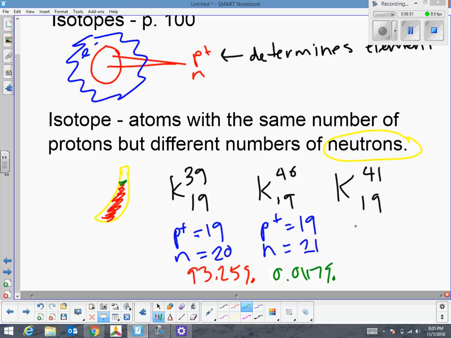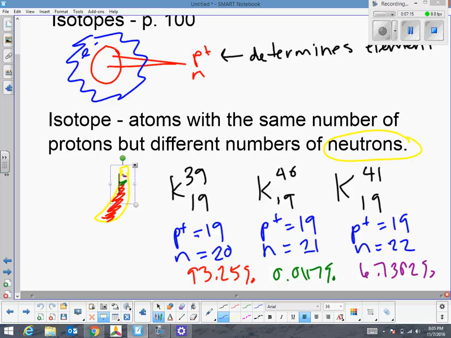is going to have how many protons and how many neutrons? Well, again, it has 19 protons because it's potassium, and if it has 41 for its mass number, 41 minus 19, it's going to have 22. And that is going to be approximately 6.7302% of all the potassium